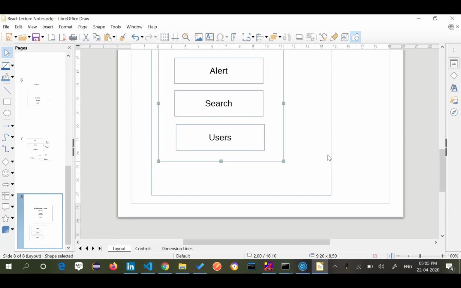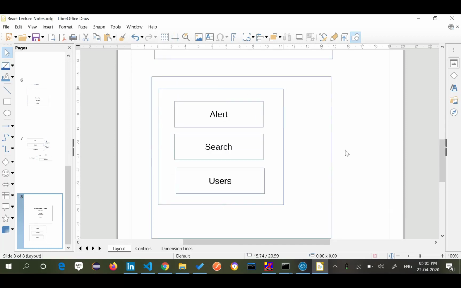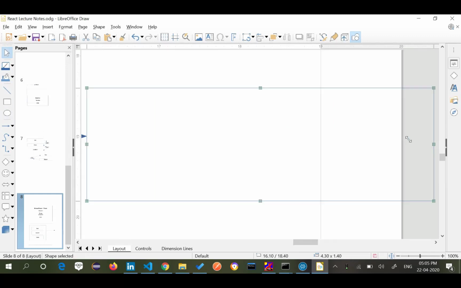Okay, what we have here is I wanted to convert this into a single slash, right?